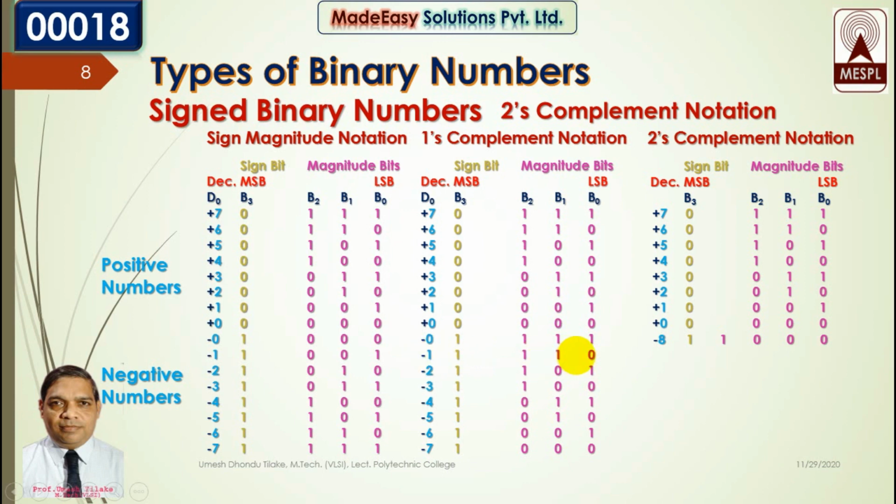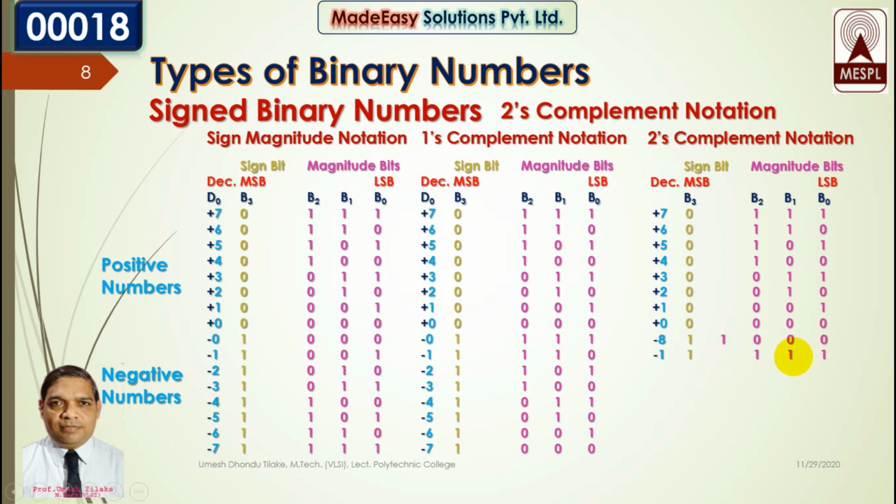We have already found 1's complement, add 1 into it. So if we add 1 to this 1 1 0, we will get 1 1 1 and this is MSB. So we can write minus 1 is equal to 1 1 1 1. Now if you find the magnitude of these bits, you will get 7, but this is in 2's complement form. If you take 2's complement of 1 1 1, we will get 1 and the minus sign indicated by MSB, that is minus 1. That means if we take 2 times 2's complement of a number, we get the original number.